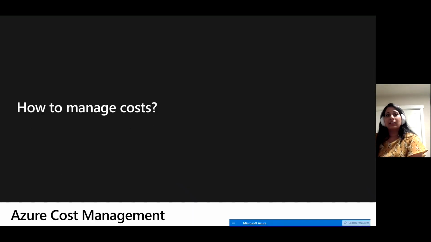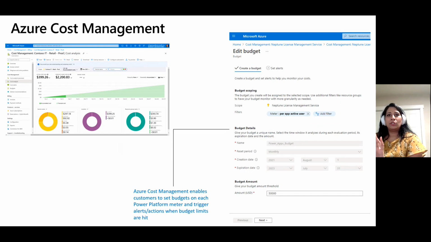How do I manage costs? One of the top questions asked when moving from a prepaid model to a Paygo model is how do I manage costs, because there is risk associated with unbounded costs. And for years, Azure customers have been successfully dealing with this problem. They have leveraged the power of Azure Cost Management with great visibility and granularity on their spending.